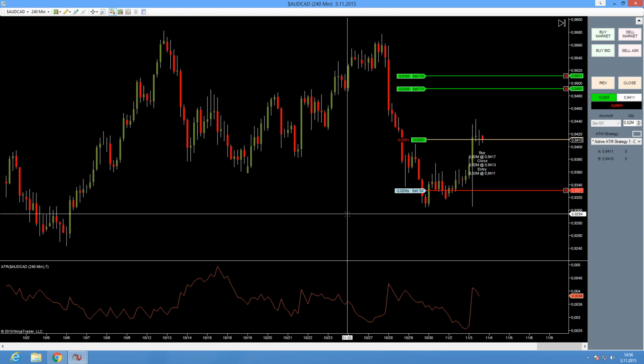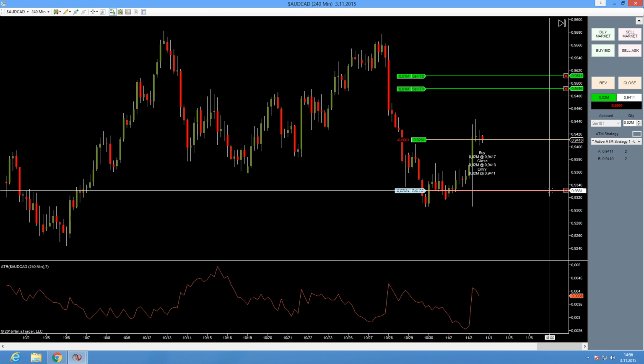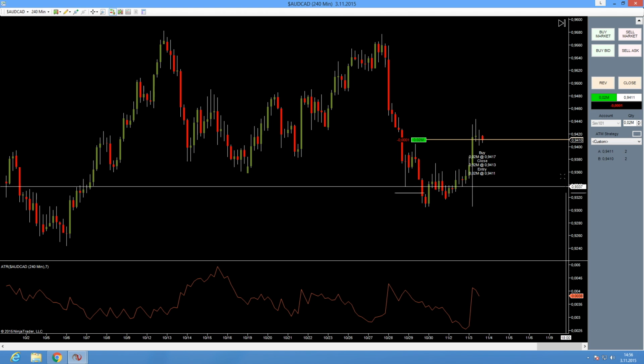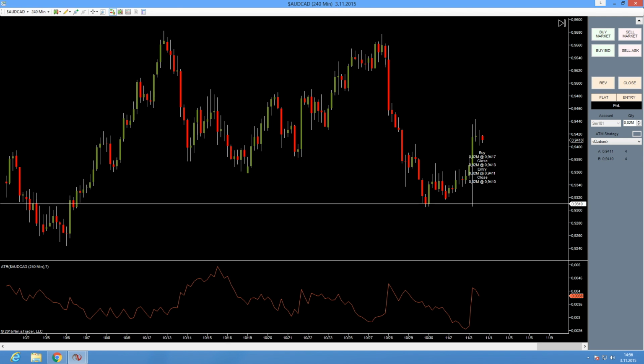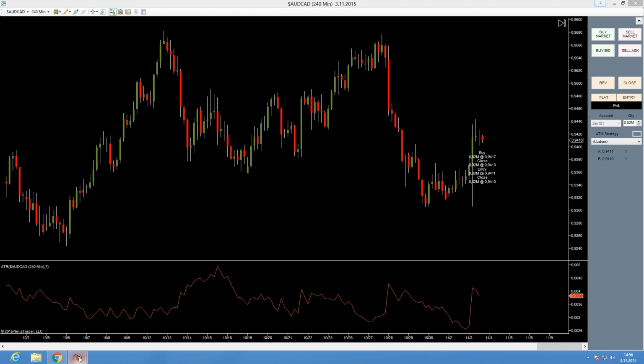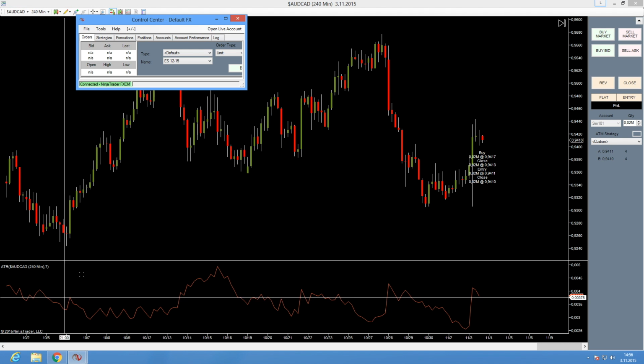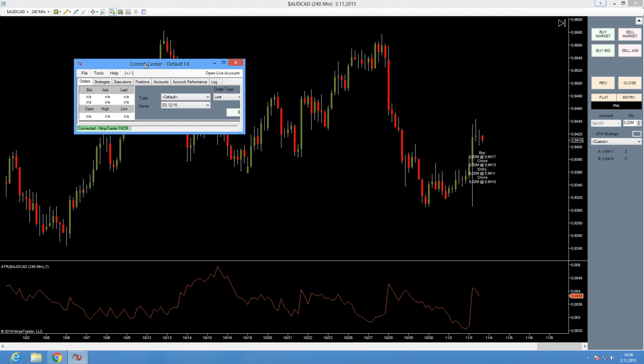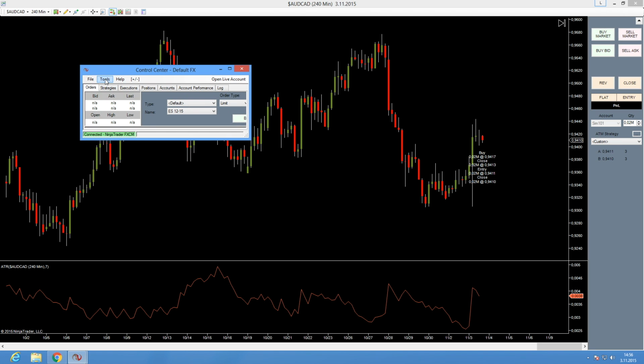So I want to continue. We've covered stops and targets. Let's cover the hotkeys. So to place our hotkeys, to place our drawing tools into our keyboard, right? As you can see, if you go to tools,